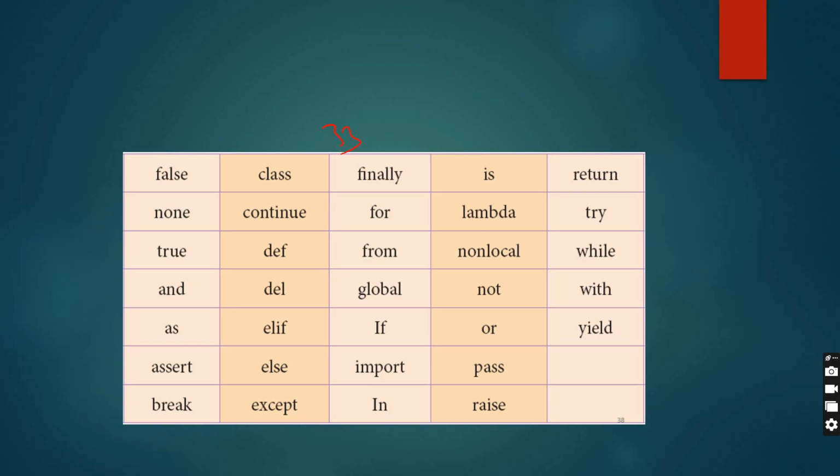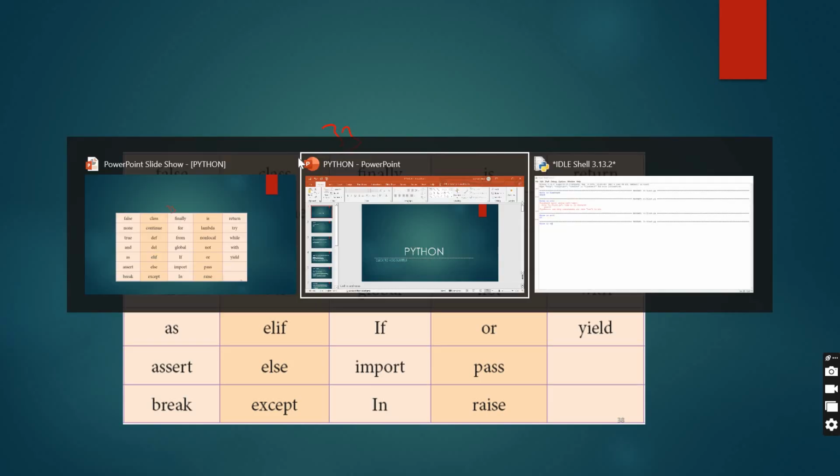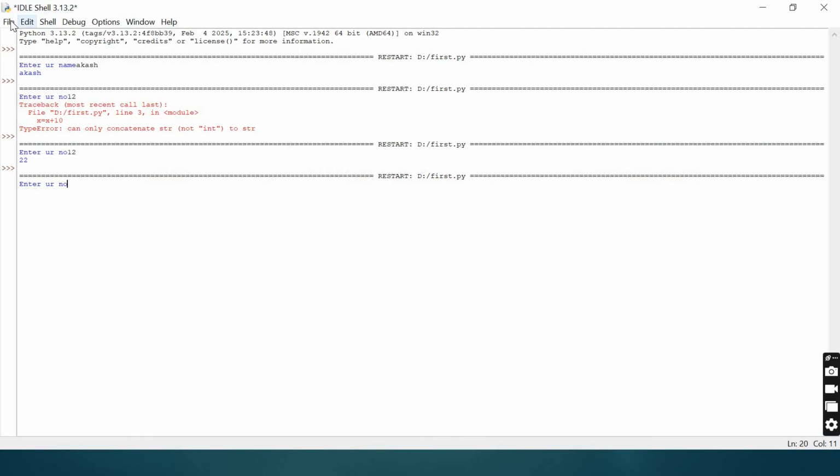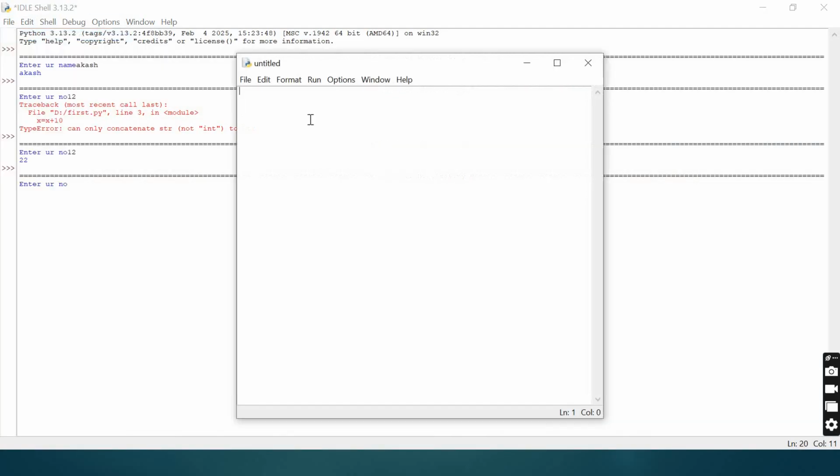So we'll try to understand this with the help of a demo. I am in the Python window here. I try to create a new file. I will enter something by using the input function. So input, I'll say enter the name of the person. To display the output we can make use of the print statement. The name of the person is